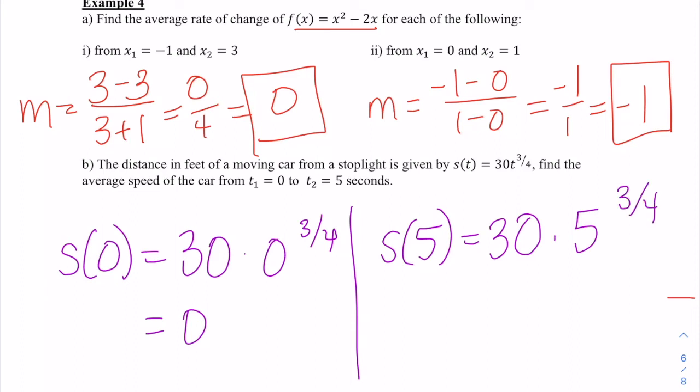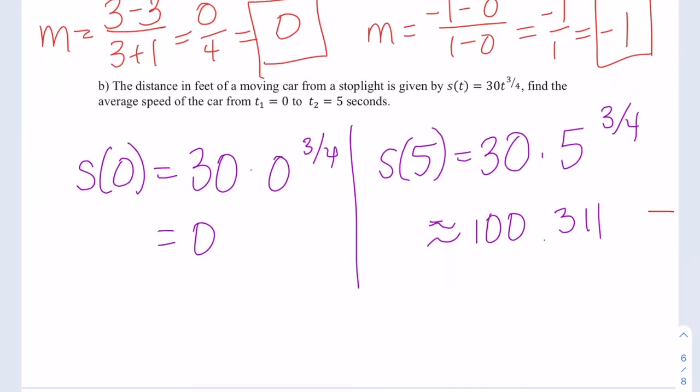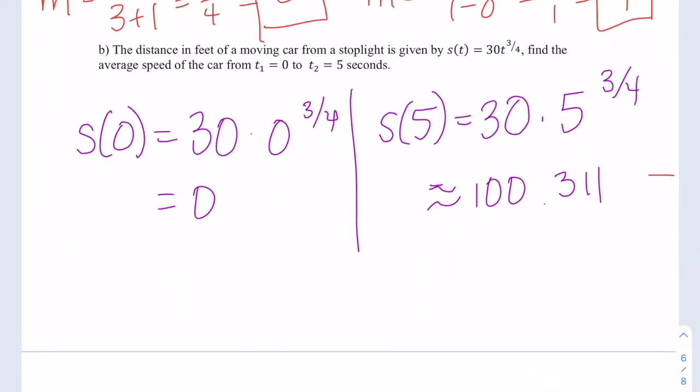Now this means that we're cubing 5, so that's 125, and then we're going to take the fourth root, or 125 raised to the 1/4, which is going to be a decimal, and it's about 3.3437. So I'm going to multiply that by 30, so that's going to be approximately 100.311. So if we want to find the average speed from that time,